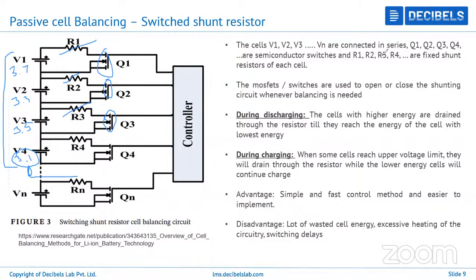So this is always how passive balancing works, and that is the major drawback, that a lot of energy is wasted, right? And the complete energy of the battery pack cannot be utilized in this case. So even though you charge it fully, if there's a small amount of imbalance, you will effectively not be able to use 100% of the capacity. So this kind of method is not very efficient, but the advantage is that it is very simple to